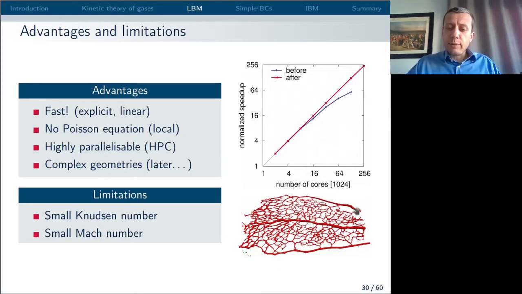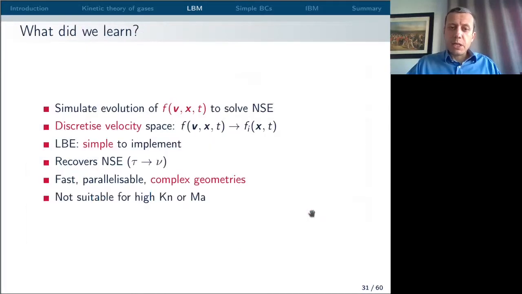And here you see a complex geometry. It's blood flow in a retinal network that has been achieved with Lattice Boltzmann. And obviously the geometry is very complex in this case. So what did we learn? We learned that